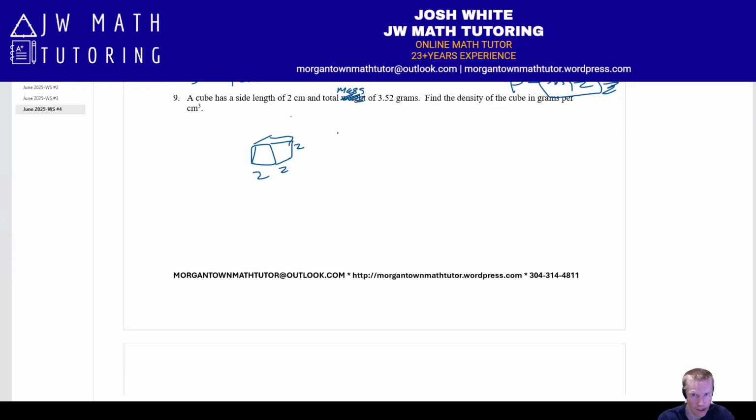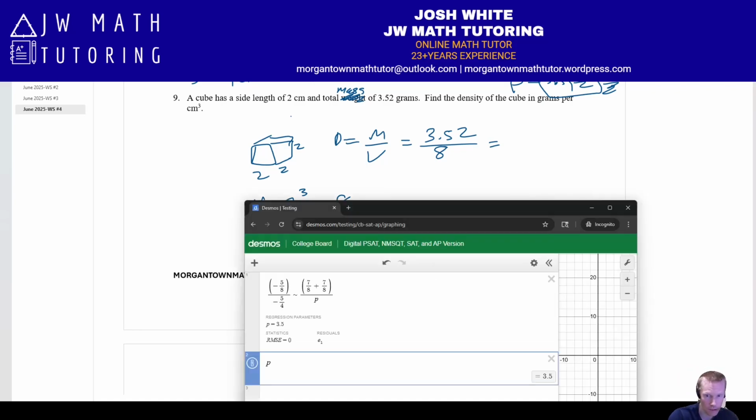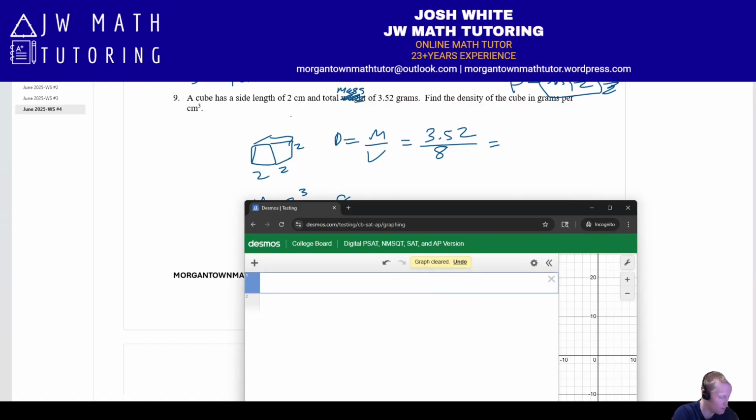Therefore, for its density, that's the mass divided by the volume. So the volume is just going to be 2 to the third, 2 times 2 times 2. That's going to be 8. The mass we are given, it is 3.52. So for this question, all you're doing is just dividing those two numbers, 3.52 divided by 8. That's going to be the density of this object,